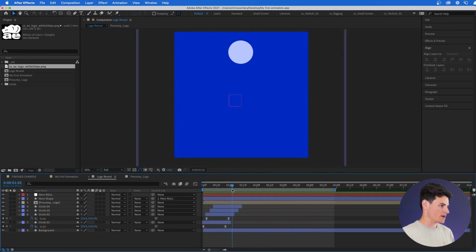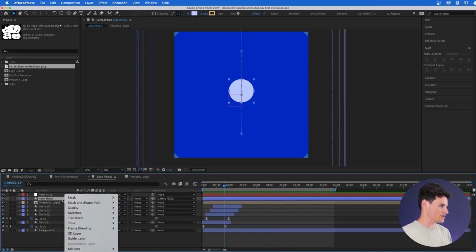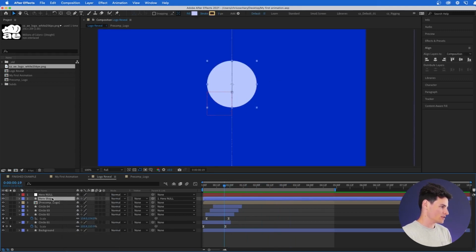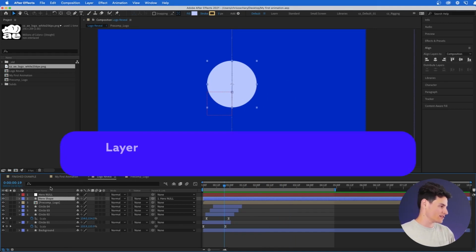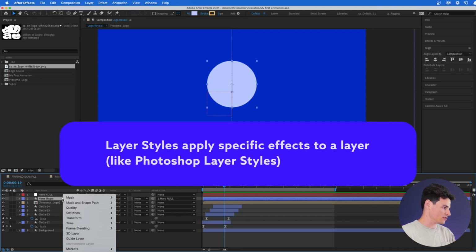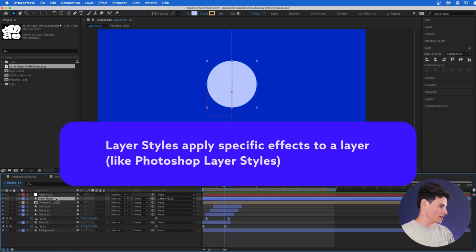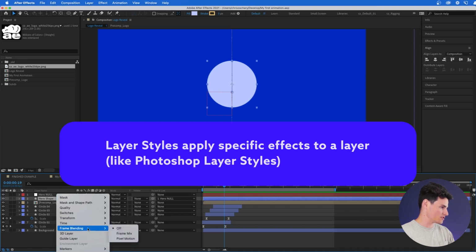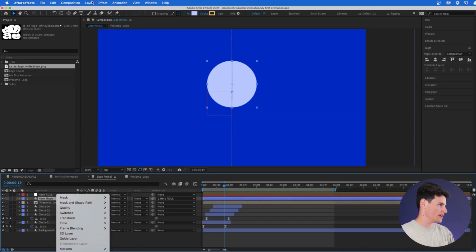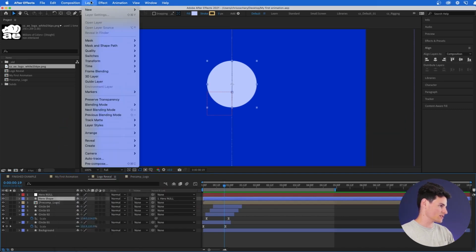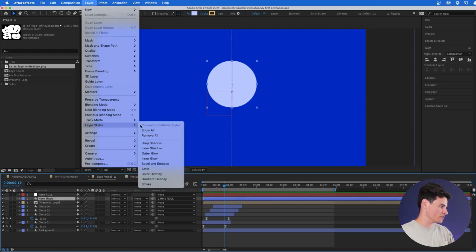So we have our animation and we have this just flat blue color in our box here. The first thing we're going to do is add a little extra style to our hero shape. So I'm going to select this layer and I'm going to show you about layer styles. Layer styles are very similar to layer styles in Photoshop. And I'm going to right click, except this goes off screen. So I'm going to go up here and click on layer with my layer selected, go to layer styles and